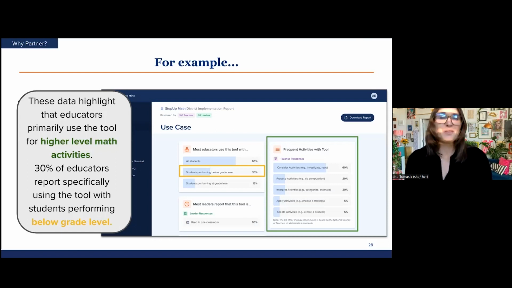And in case you're doing the math here, educators can pick more than one activity, so it does add up to more than 100%.